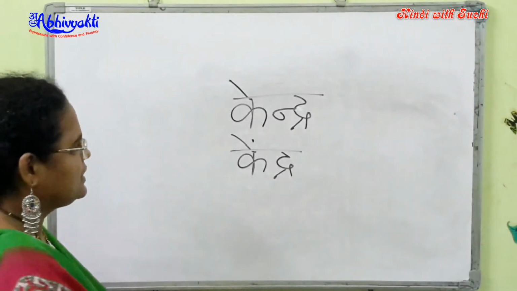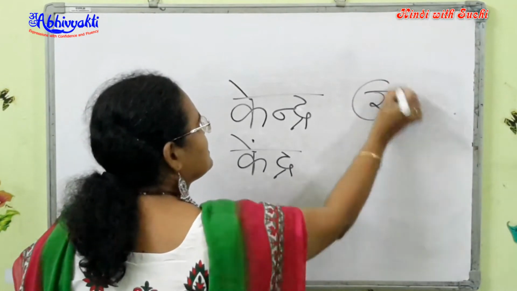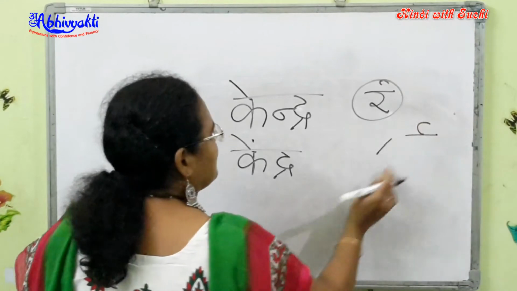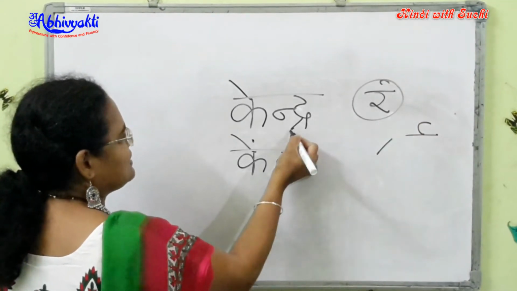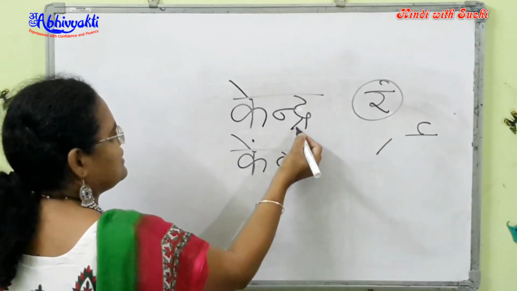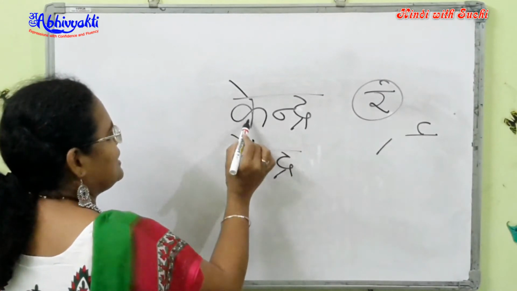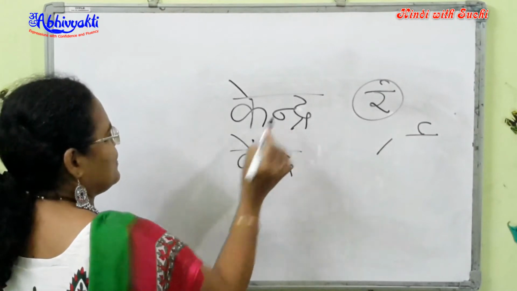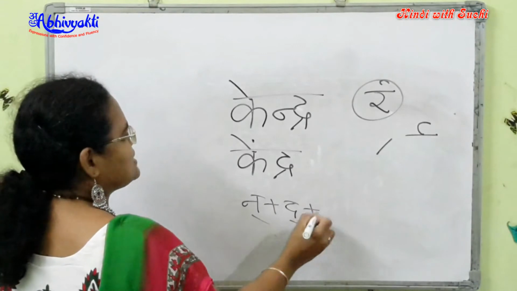So I have a new character here. So we are going to learn the R matras. R matra can be applied below and over the top line. How to use them? Let us learn now. So I have the R matra below here, which means I am going to pronounce the D first and then the R. But I also have the N. So here I have K with aa matra, K and then N, D and R in that order. N plus D plus R.